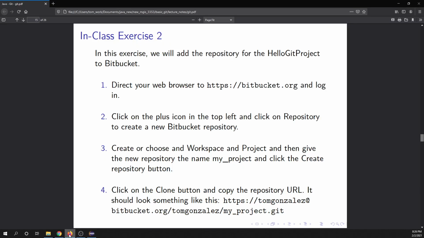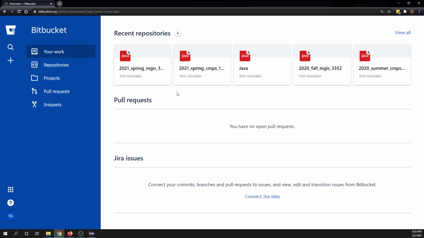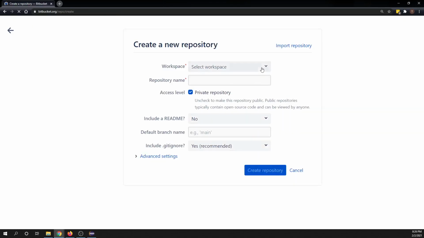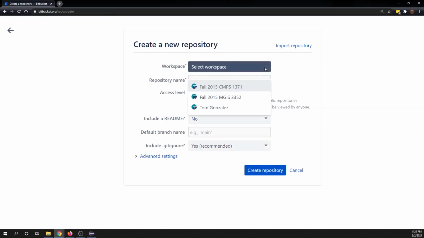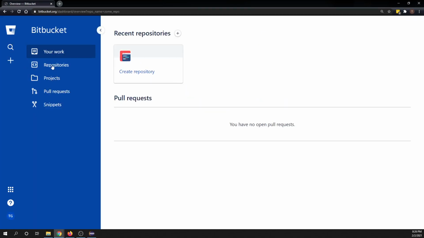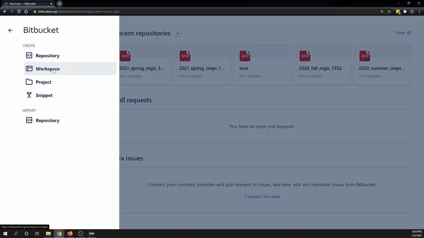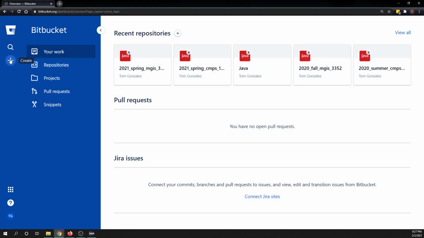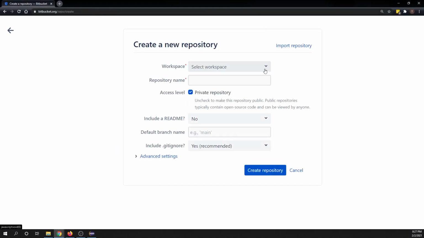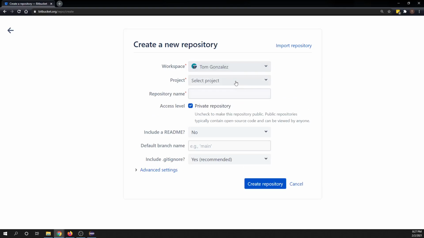And then what we want to do is go to Bitbucket and then create a new repository. So just click right here, create repository. And you'll have to select a workspace, and you can create a workspace by just clicking the plus and creating a workspace here. It's pretty self-explanatory. So create a repository, and then choose the workspace that you created, and then a project